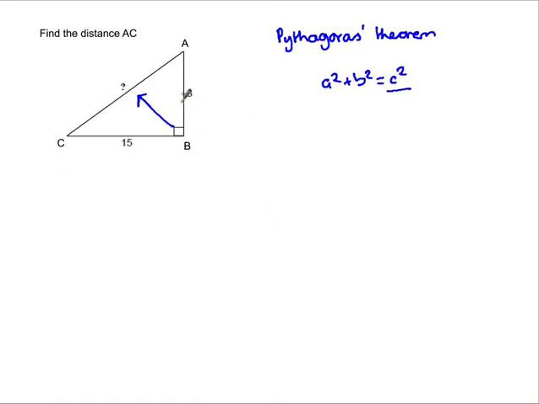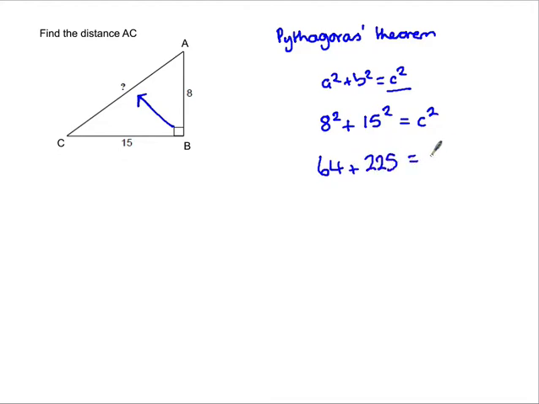Now, a and b can be either of these two. It doesn't matter either way. So I'm going to stick those numbers in to a and b. So I've got 8 squared plus 15 squared equals c squared. Now, I'm going to use my calculator for this, even though I could work it out in my head. But 8 squared plus 15 squared, well, 8 squared is 64, and 15 squared is 225,